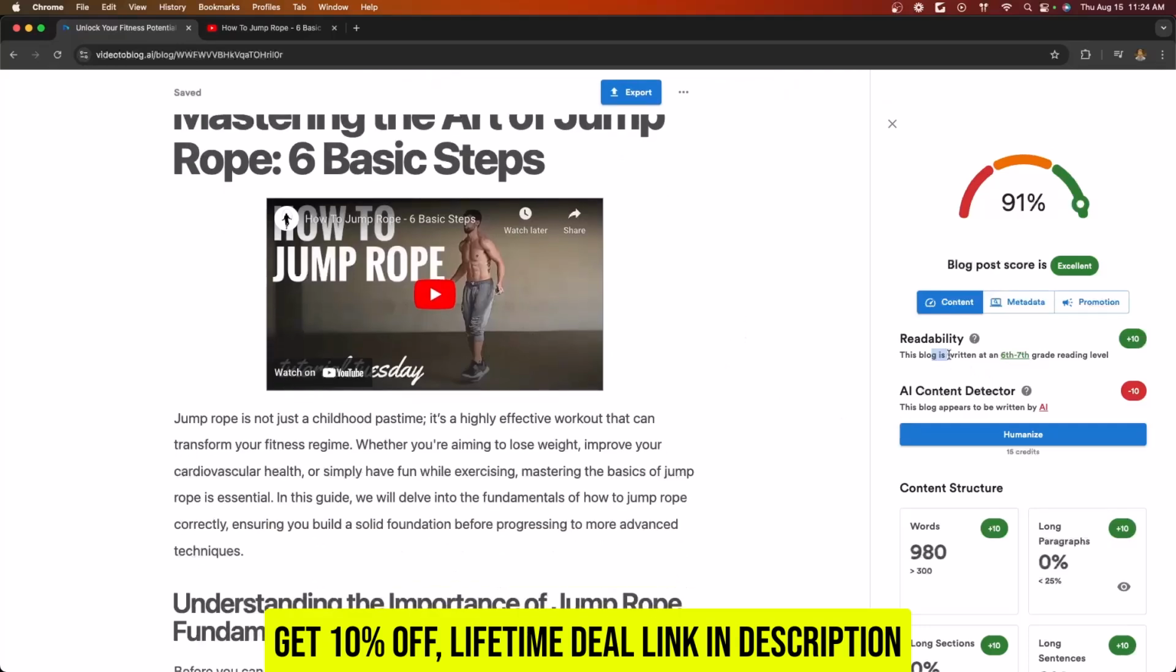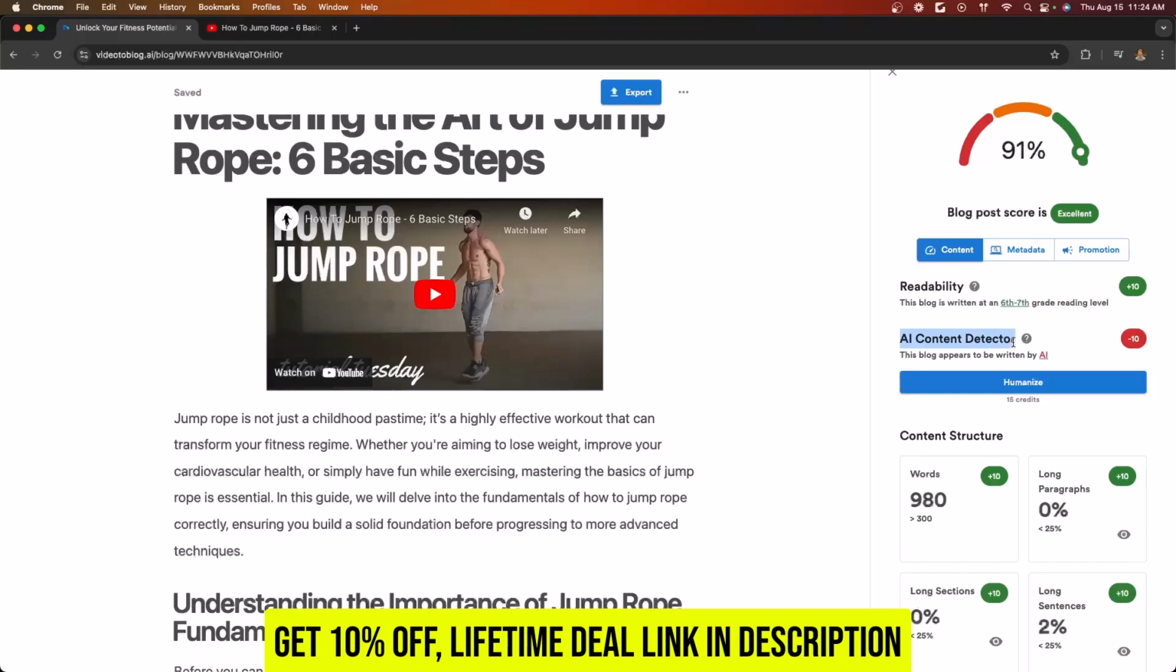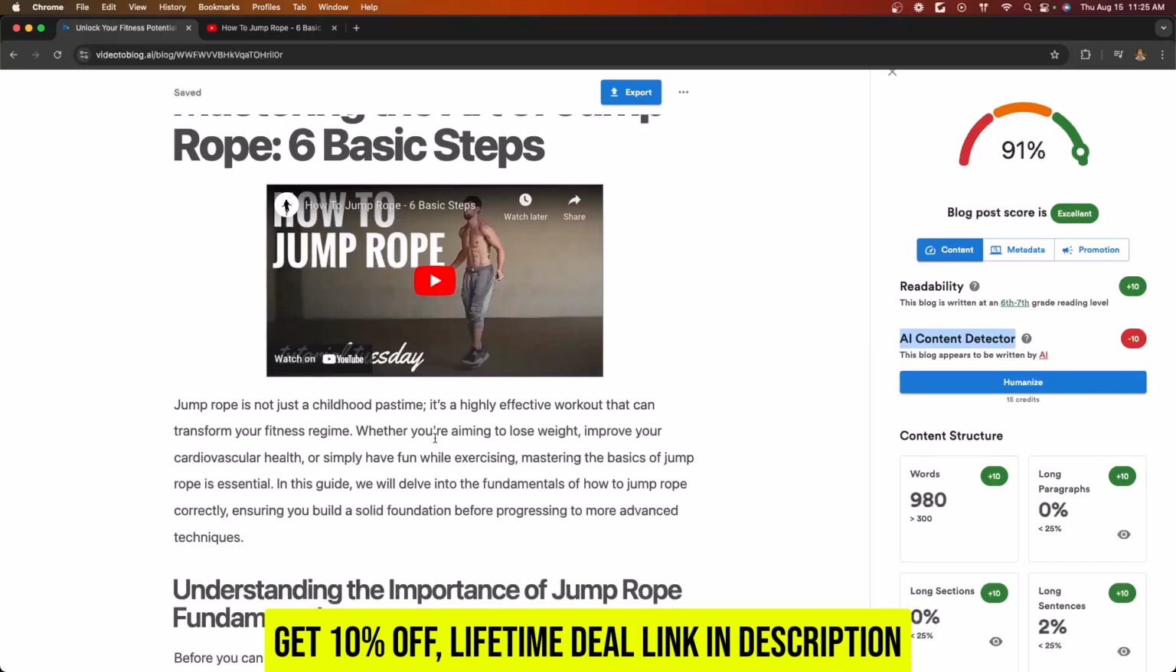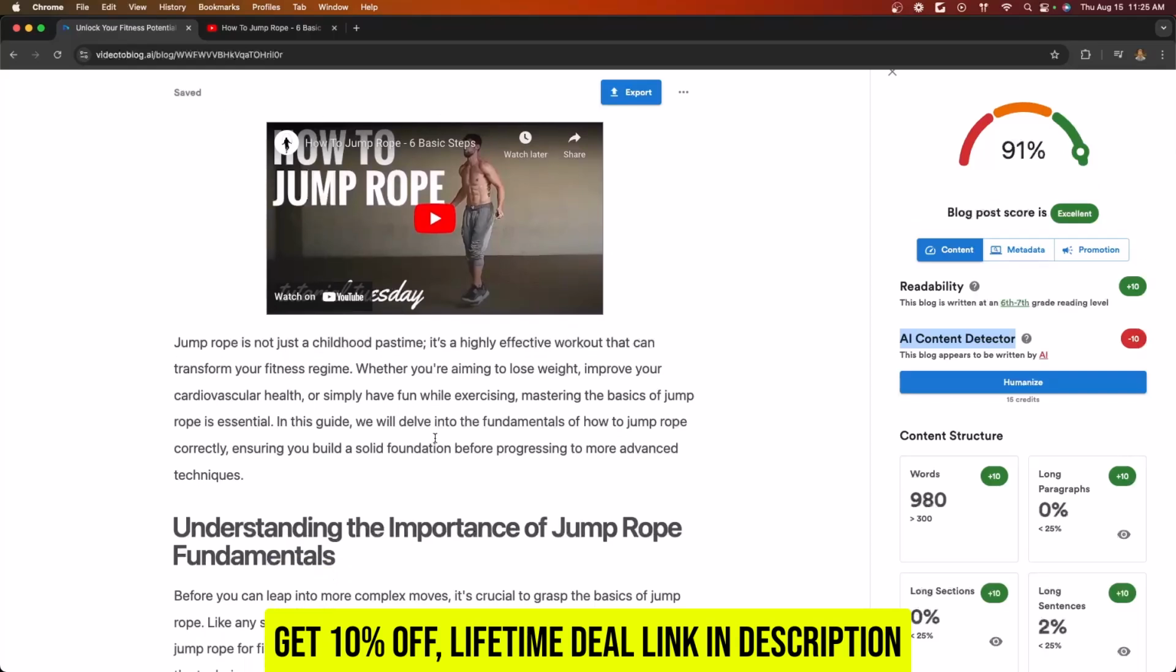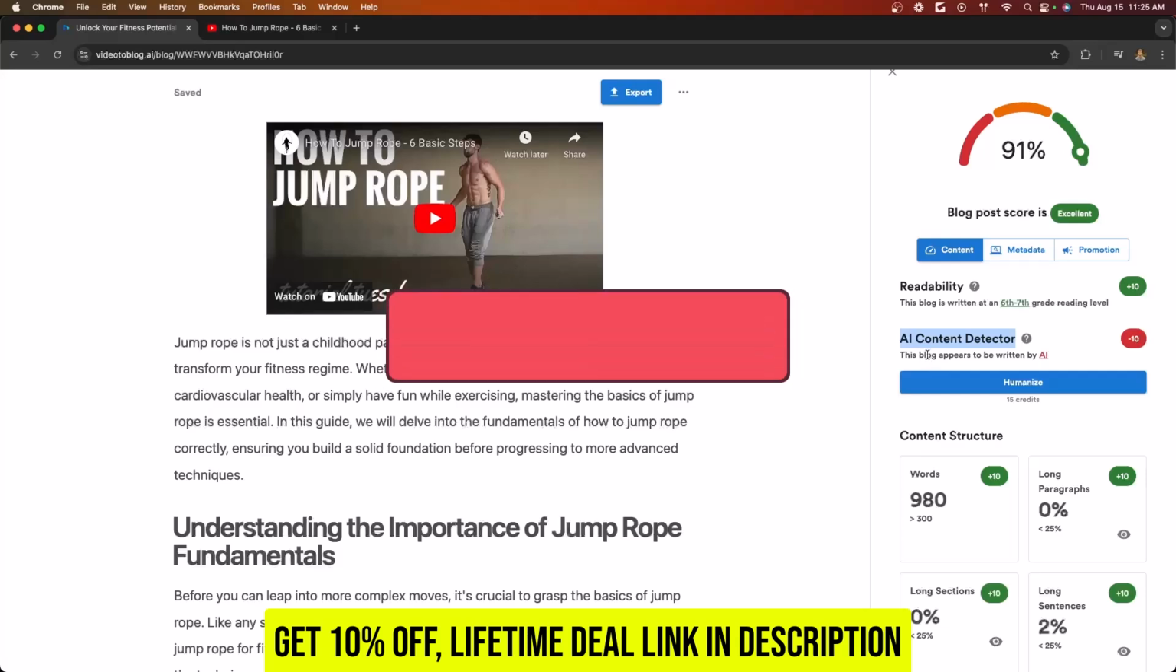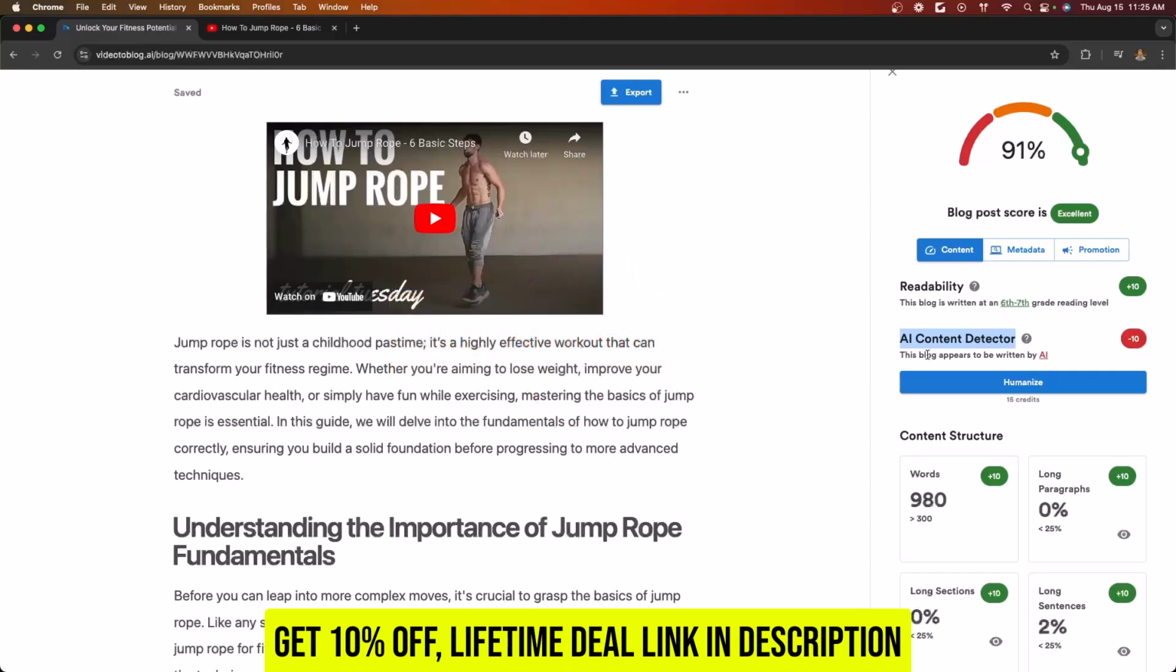So our readability is good. In this case, the only thing we got penalized for is that this content appears to be written by AI. For me personally, that's not important because I like to just read the blog. And if I can't tell it's written by AI, then I'm fine with it. This is something that other people find really important because